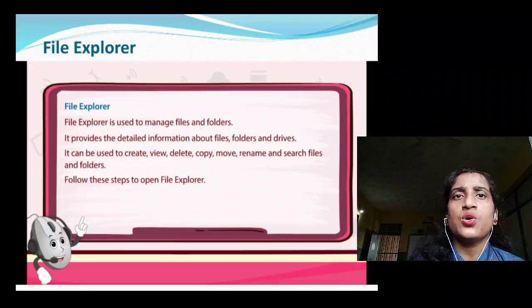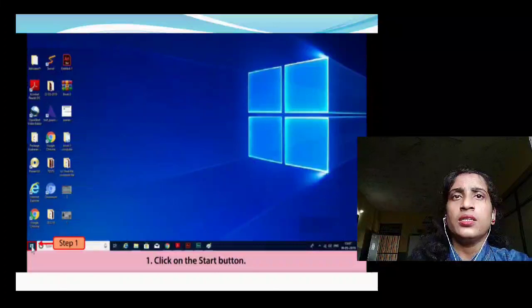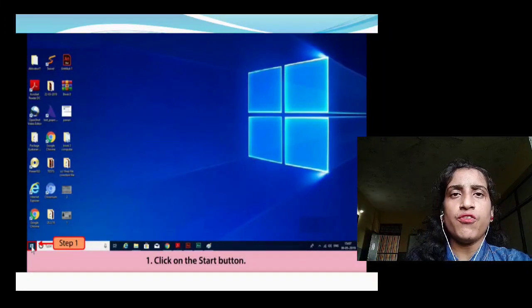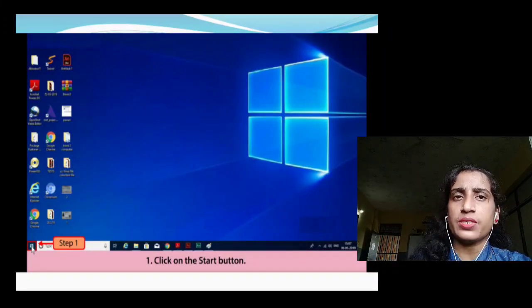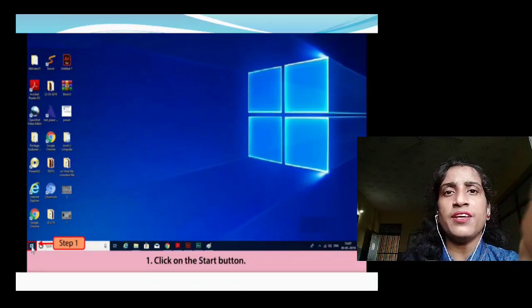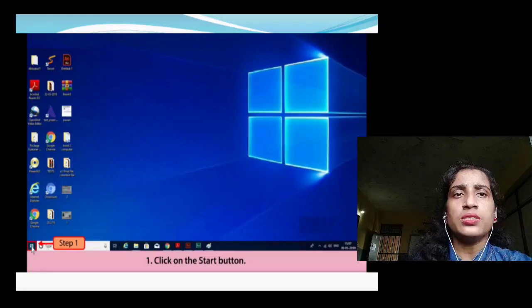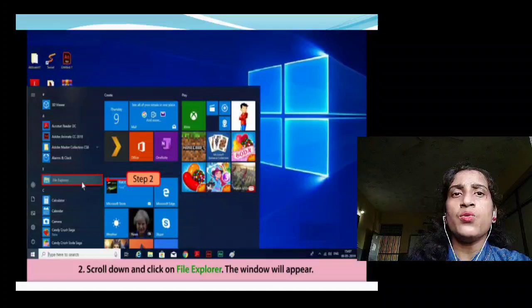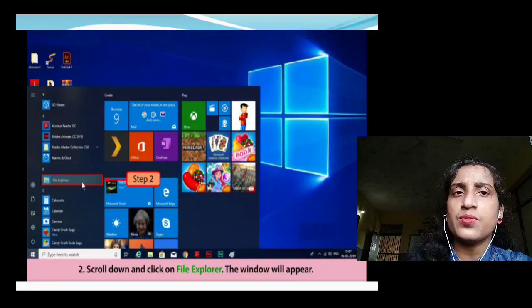So students, follow these steps to open File Explorer. The first step is to click on the Start button. You have to click the Start button first. Now scroll down and click on File Explorer.